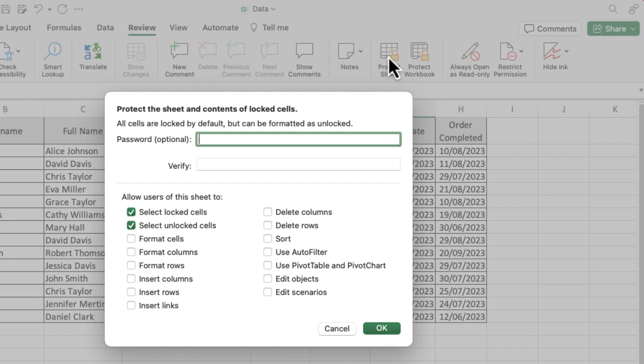And you can see you've got the ability to allow or not allow users to do certain things. So if you want to block off everything, then you're going to untick everything. But if you want them to do certain things, then you can allow them to select locked cells. And you can see when you do select things like that, it opens up other bits. And then you can allow them to delete rows, you can allow them to sort, but you can pick and choose what you want them to be able to do on that sheet,